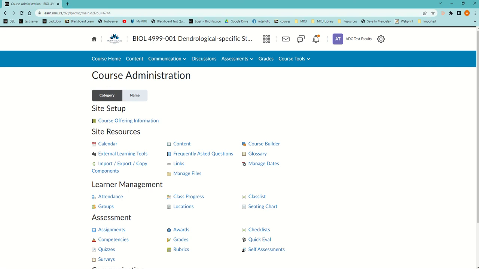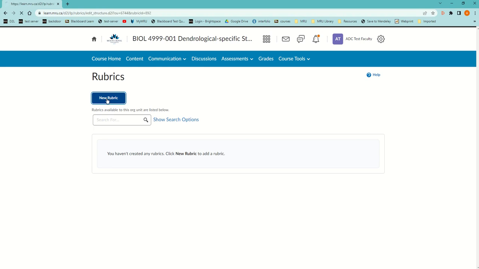How to make and use a rubric. So in Course Tools, Course Admin, you will come to the Course Administration page, and down in the assessments area, there's Rubrics. And I'm going to click on Create a New Rubric